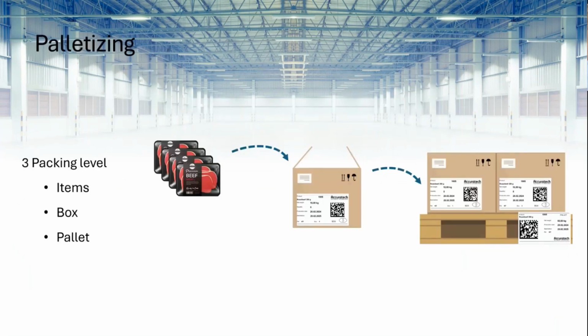Scanplant has three packing levels, and it's how it's built up, so it's a bit important to understand. But the smallest level is the item, and that is the item you put in the counter at the supermarket. And these items you can put in a box. It can be a cardboard box or a tray or something like that. And that box you can put on a pallet. So this is the three levels of palletizing. Some might also need containers afterward, but that's not in Scanplant.